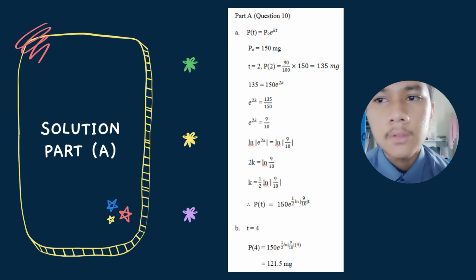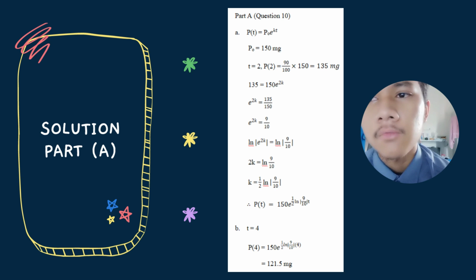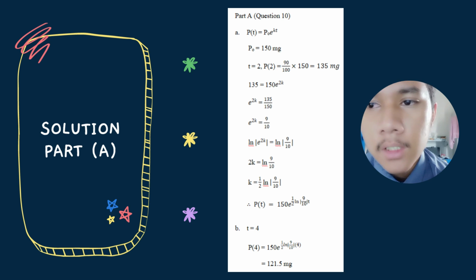So 90 per 100 times 150 equals 135 milligram. We get the new weight. And after that we use the formula and we put the numbers in the formula, and after that we get